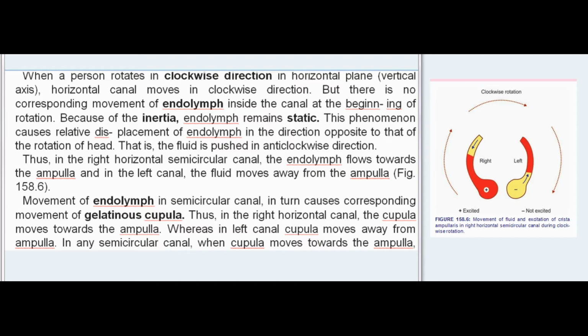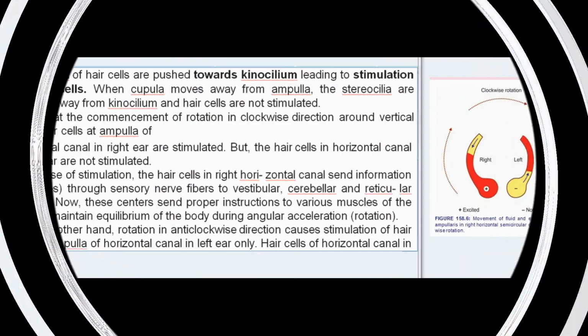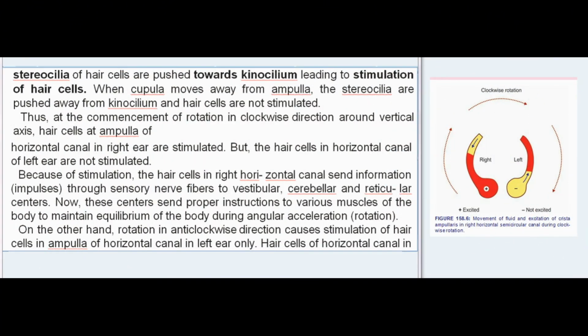158.6. Movement of endolymph in semicircular canal in turn causes corresponding movement of the gelatinous cupula. Thus, in the right horizontal canal, the cupula moves towards the ampulla, whereas in the left canal the cupula moves away from the ampulla. In any semicircular canal, when the cupula moves towards the ampulla, stereocilia of hair cells are pushed towards the kinocilium, leading to stimulation of hair cells. When the cupula moves away from the ampulla, the stereocilia are pushed away from the kinocilium and hair cells